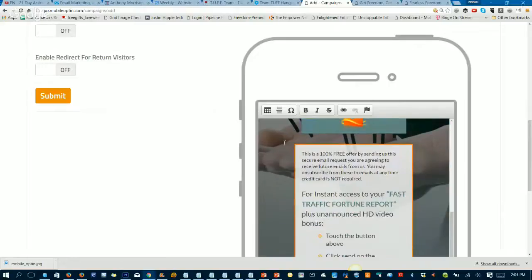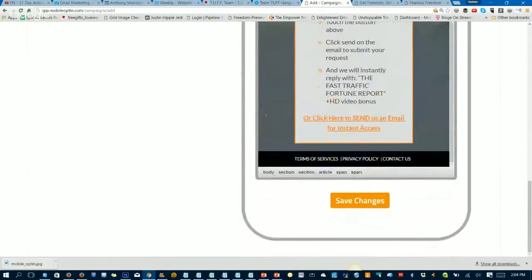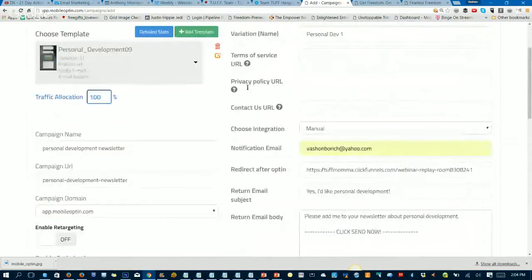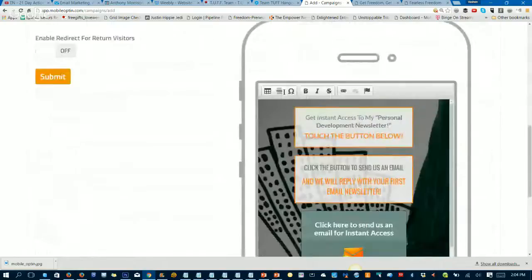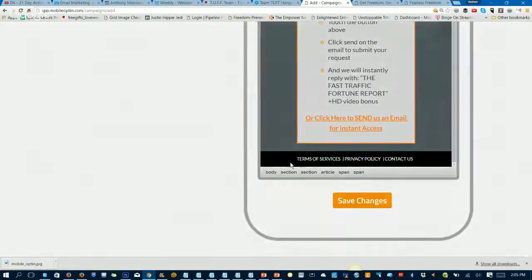That one looks fine. Down here, it just gives you an opportunity to share more information about your newsletter. I'm not going to change all of this right now, but you get the idea. You can come in here and change all of this. If I had added links up here, terms of service, privacy policy, contact us, those would automatically link to wherever I wanted them to go. Make sense? So when you're done typing all this up and making your edits, then just click Save Changes.